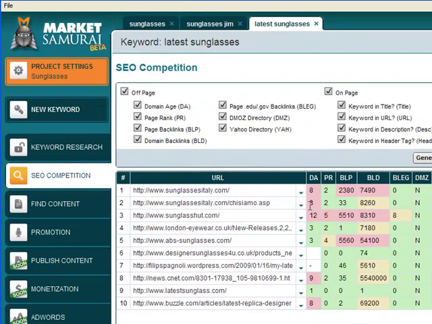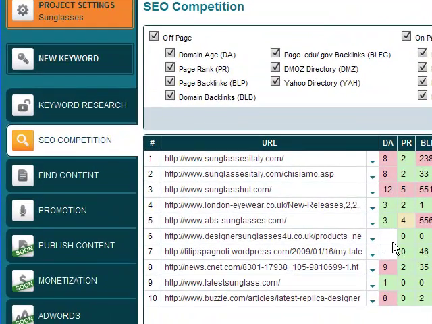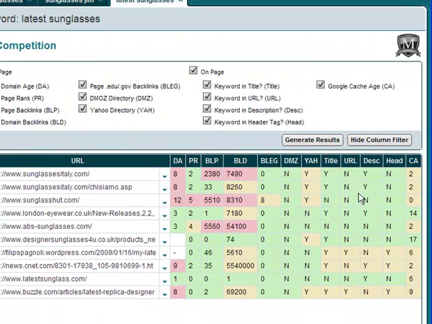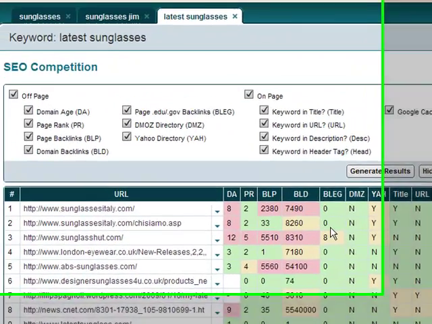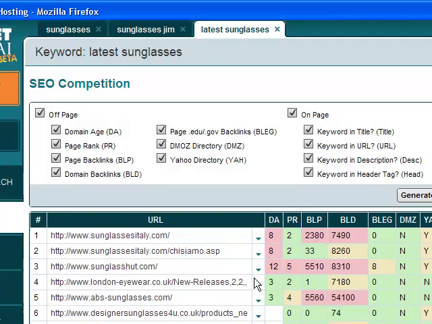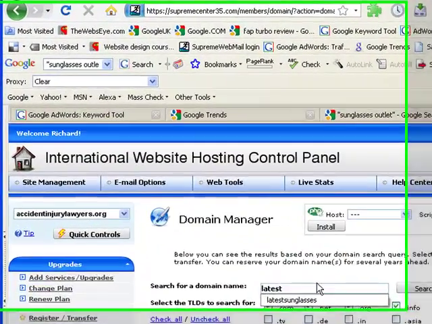Okay, so here we go. We can see that again there's quite a lot of old domains here, so those are going to be difficult to displace. We have, however, low page ranks, 0000, and these ones are new sites. You can see there's no domain age on these. You can also see that they're not very well optimized for latest sunglasses, so we've got a chance of ranking here. So I can then go to my web host and search latest sunglasses